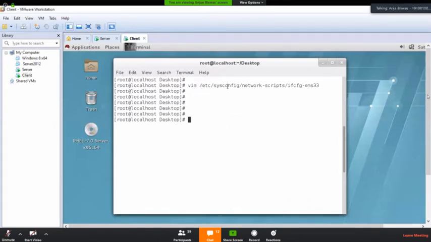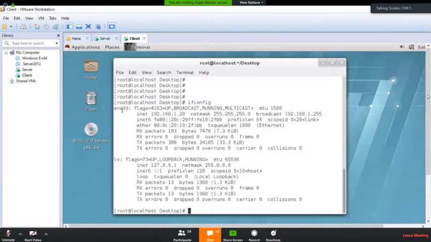Yes, sir, but how did you know that was the name of the card? You can see it if you put this command here. It is also ENS33. That is the name of the LAN card, and it has been stored also.